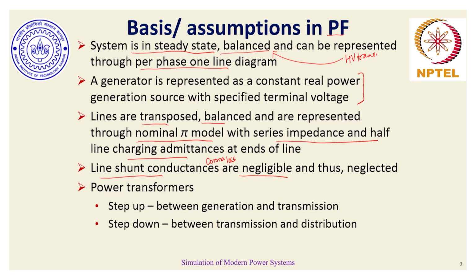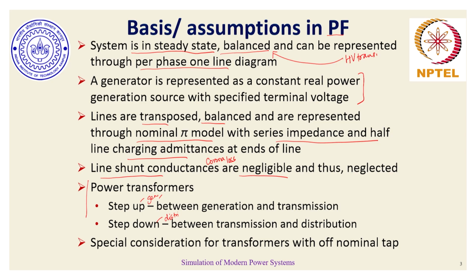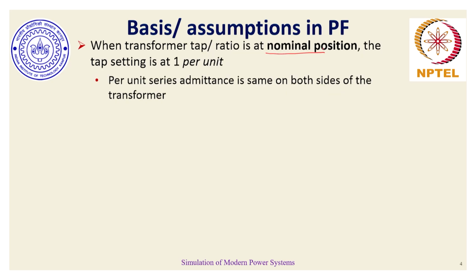Our transmission network also has different types of transformers. Step-up transformers are usually at the generating stations, whereas step-down transformers are at the distribution or the subtransmission end, where the loads can consume power generated from the generating stations. And for these transformers, if they are at their nominal position, that the tap value is at a nominal position on a per unit basis, it would mean that the impedance of the transformer seen from the high voltage side or the low voltage side is the same. By impedance, I specifically refer to the effective winding resistance plus the effective leakage reactance offered by this transformer.